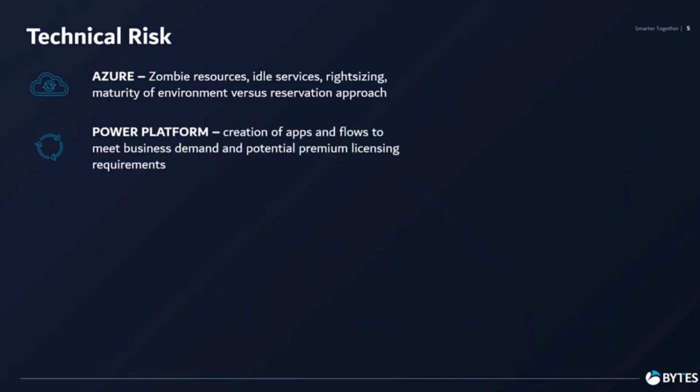One of the emerging risks over certainly the last year to 18 months has been in the broader Power Platform area, and certainly the creation of apps and flows to meet increasing business demand for agility around these areas and the potential premium licensing requirements that these bring. Certainly there is an increasing amount of complexity now with regards to flows and process mining, AI builders. This will naturally be embedded into business processes, and therefore it makes it very difficult to unpick at a later point in time. And this is one of the largest causes of technical debt that we see within organizations today.